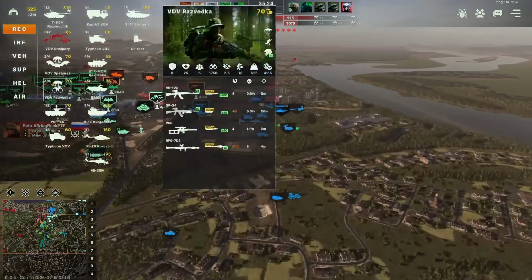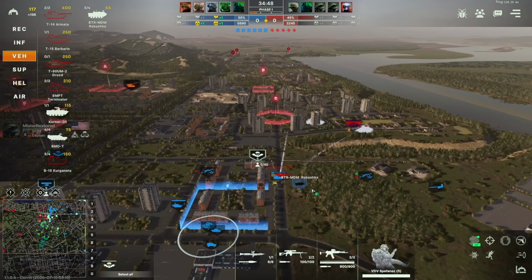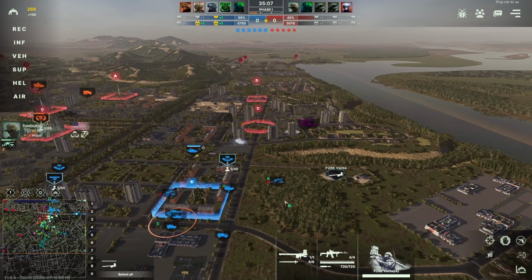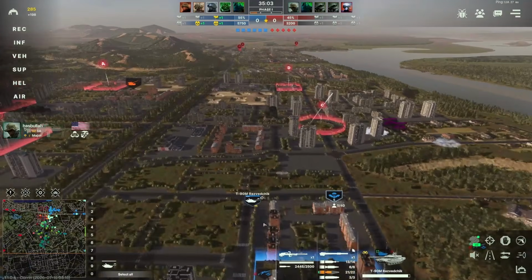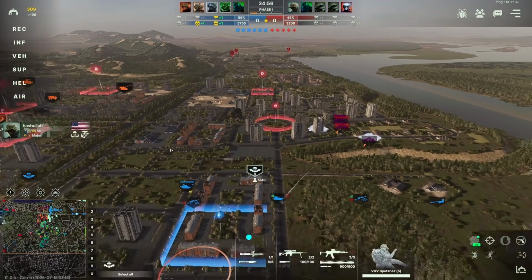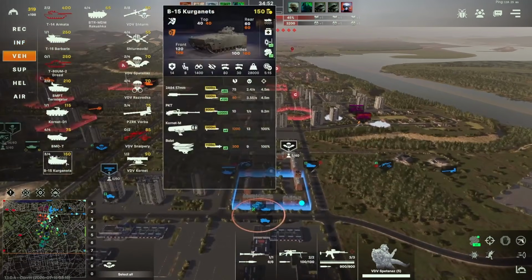So the match kind of evolved into my opponent blobbing infantry. Around here, my opponent started pushing infantry into my lines, not even smoking, by the way. This is what most people do if they don't have infantry fighting vehicles. He's trying to push me, but with the spotting of the VDV Spetsnaz, which is a recon unit we'll go through later in the video, most of my